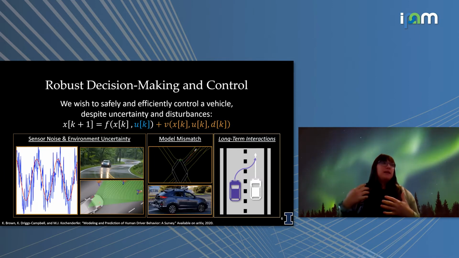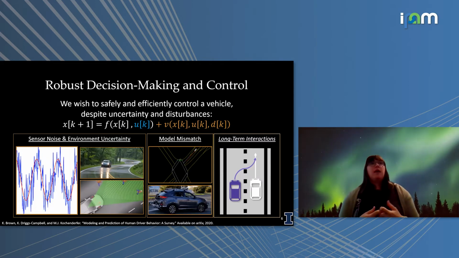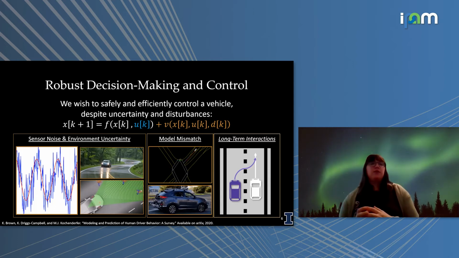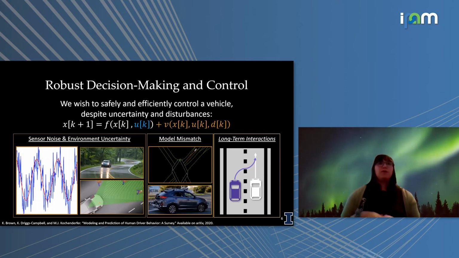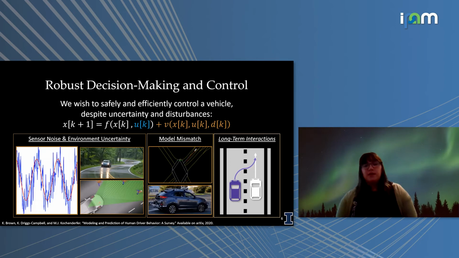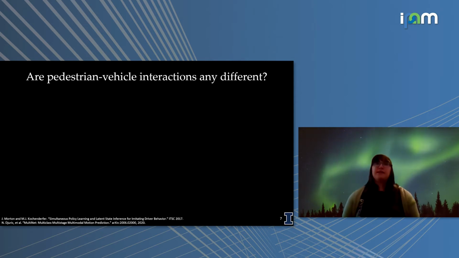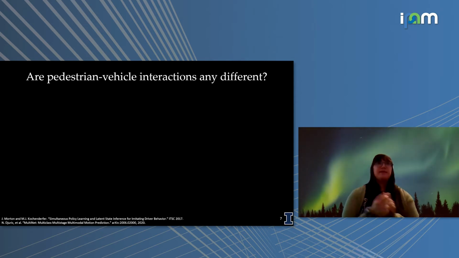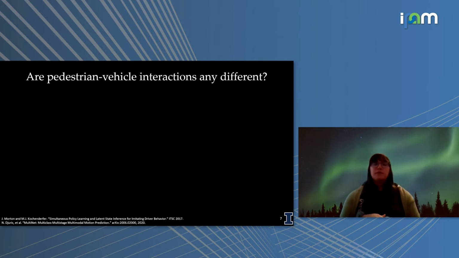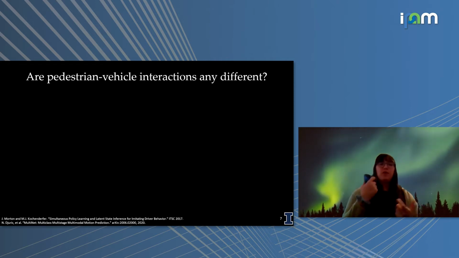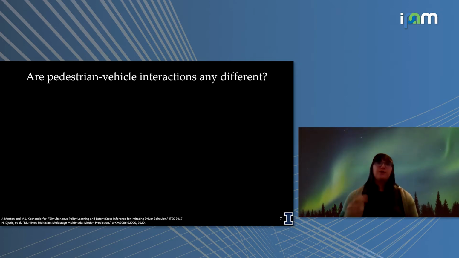But as I mentioned, the concepts behind driver modeling have been very well studied in the past. So if we want to take these ideas and apply them to the pedestrian-vehicle case, the first question you might ask is, can't we just apply these same tools and methods in the vehicle-pedestrian case? Are these interactions any different, or can we just apply these tools and methods to this slightly different context? My answer is sort of. There are some modeling tools that can be used for any sort of human agents, but the pedestrian case is especially hard.